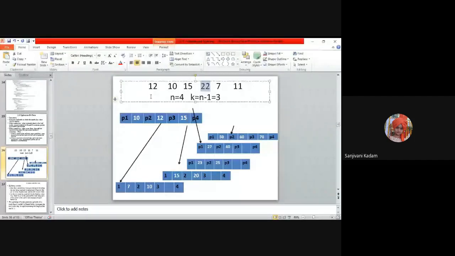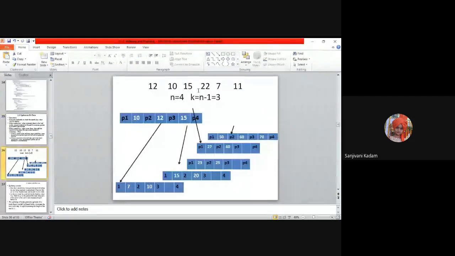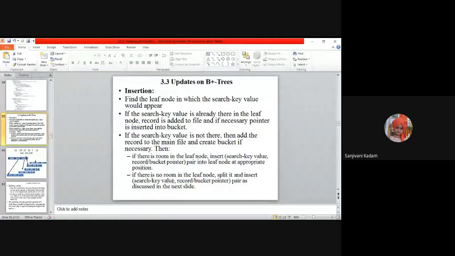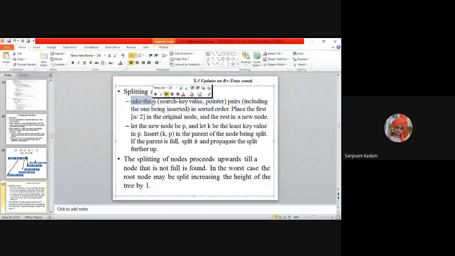Let us check the rules of the split. If there is no room in the leaf node, and right now for 22 there is no room in my leaf node, we split it and insert the search key value, as discussed in the previous slide. There we take the n search key values and pointers, including the one being inserted.